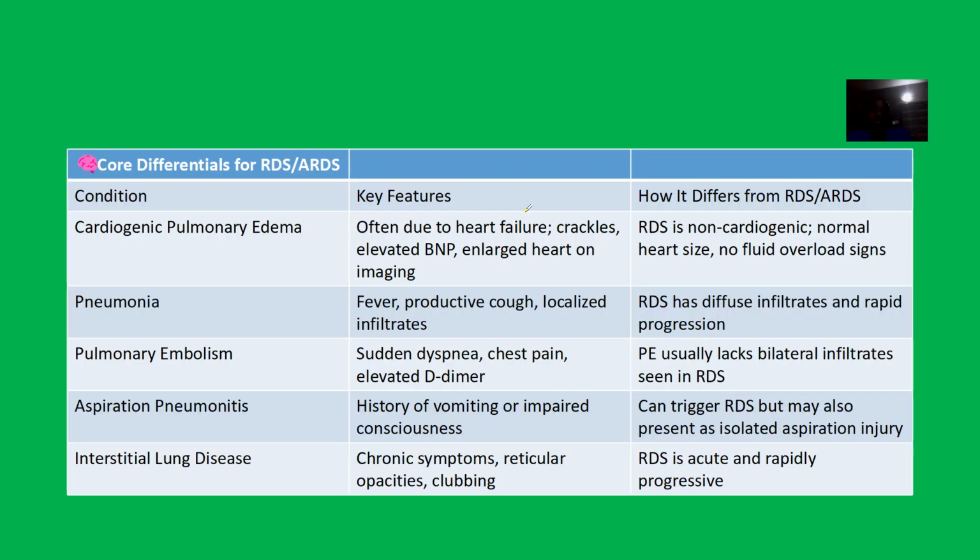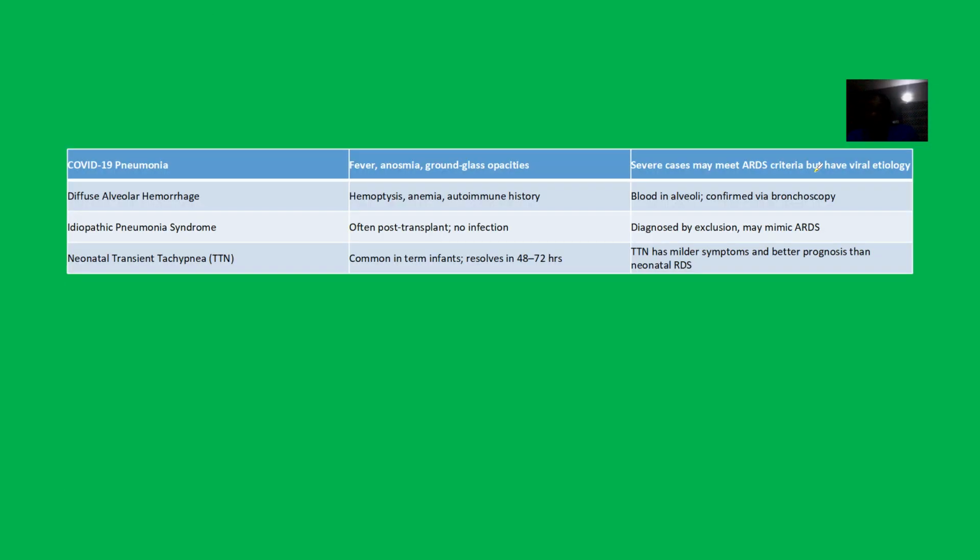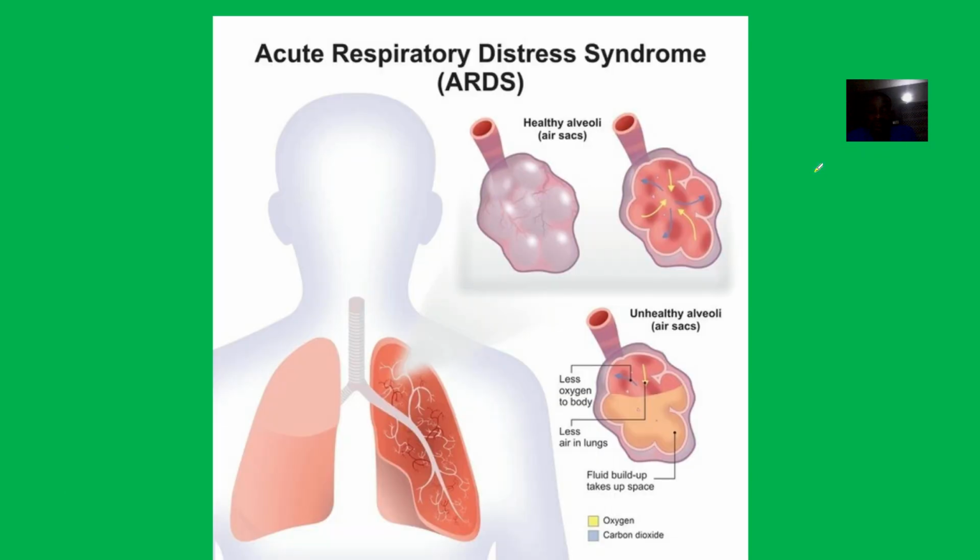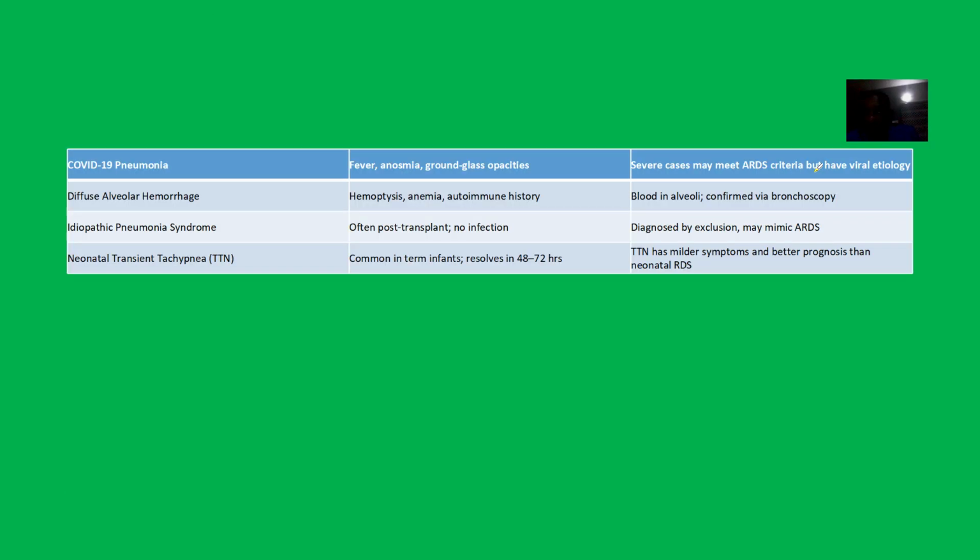Okay, and key differentials: if it is not respiratory distress syndrome, it could be cardiogenic pulmonary edema. Now please, you can check the key features of the disease condition and how it actually differs from respiratory distress syndrome. That's how you can be able to tell the difference. It could be pneumonia, pulmonary embolism, aspiration pneumonitis, interstitial lung disease, COVID-19 pneumonia, diffuse alveolar hemorrhage, idiopathic pneumonia syndrome,